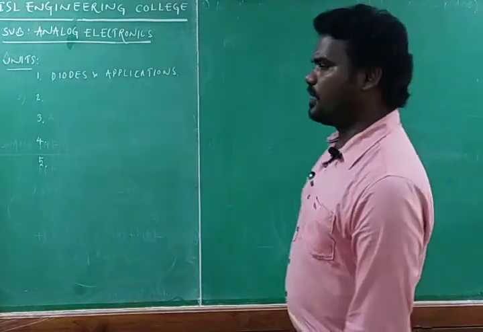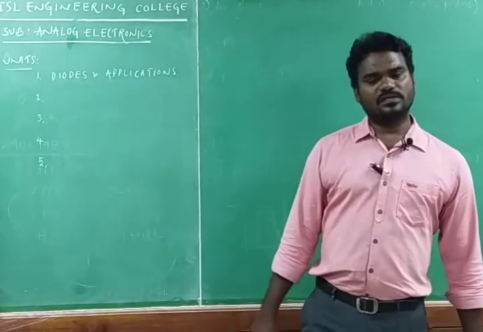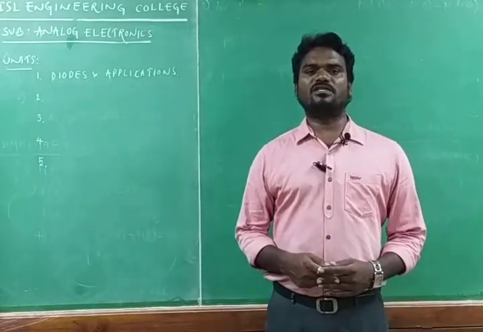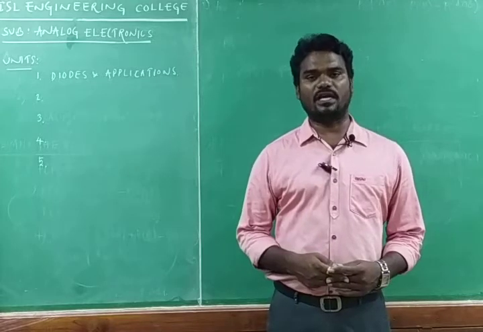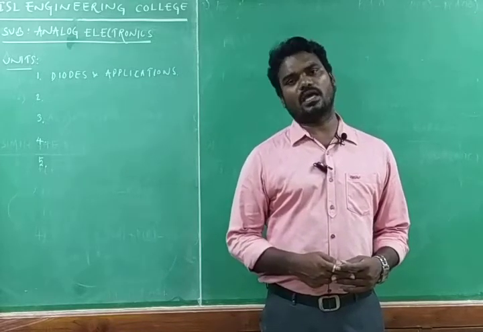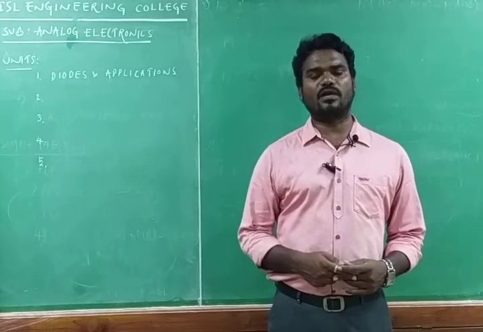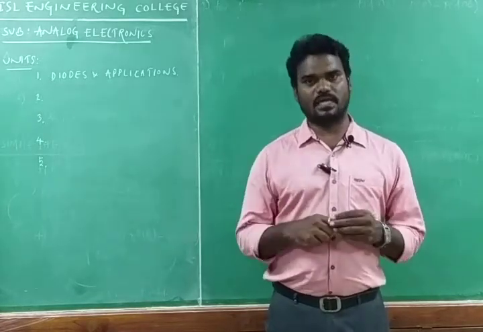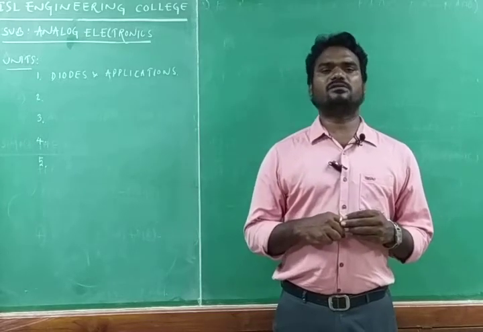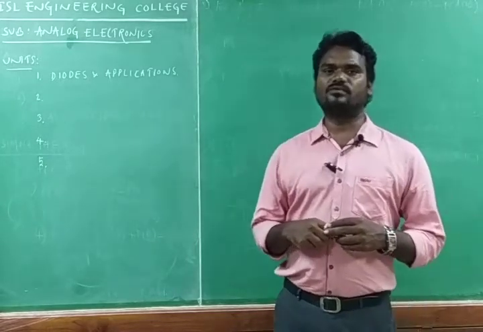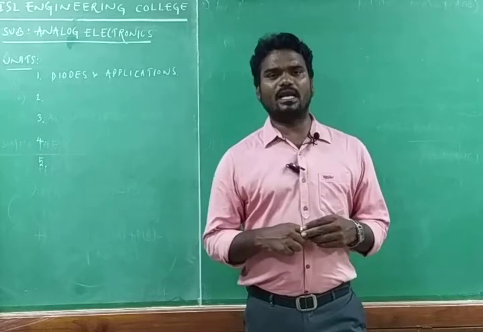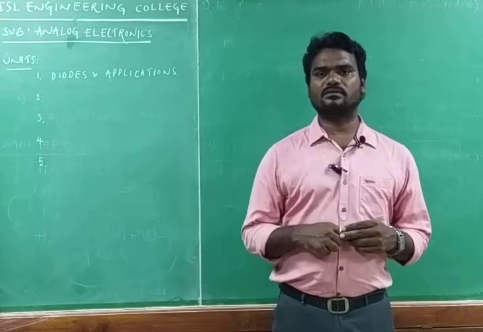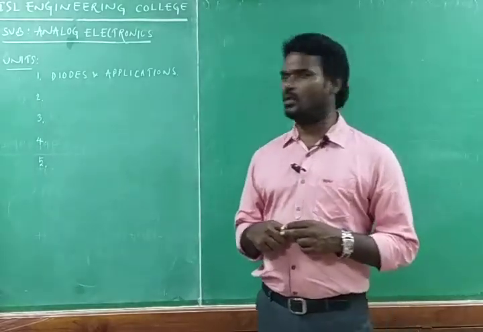In the first unit we are going to study the PN junction diode and the Zener diode. After studying the formation of the PN junction diode and the Zener diode, we have to study their VI characteristics. VI characteristics are nothing but voltage and current characteristics. By applying the voltage we have to examine its current. That is simply verifying Ohm's law. Ohm's law states that voltage V is directly proportional to current I.